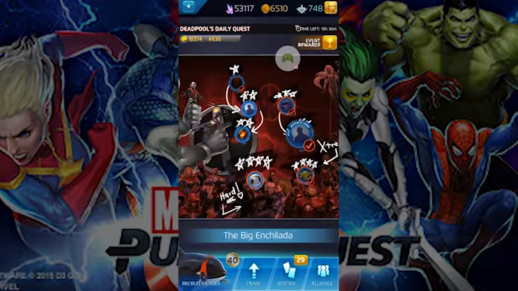I wanted to do a quick video about a 2-star team: Marvel Now Magneto, Classic Storm, and Hawkeye. This is one of the great teams. I think a lot of people use it in this game. This team is kind of special to me just because it's the first team I ever used to beat the big enchilada. And if you're in the 2-star to 3-star range trying to cross over, it's a good team that